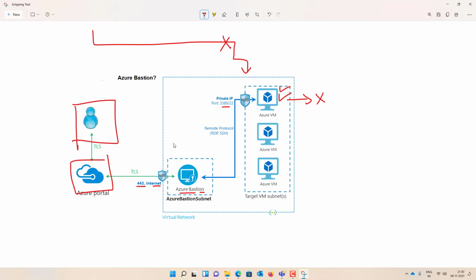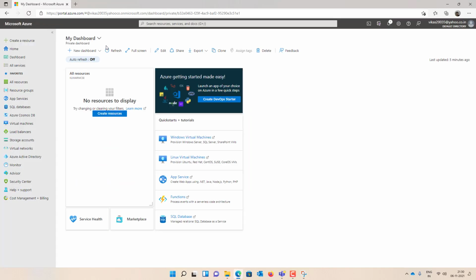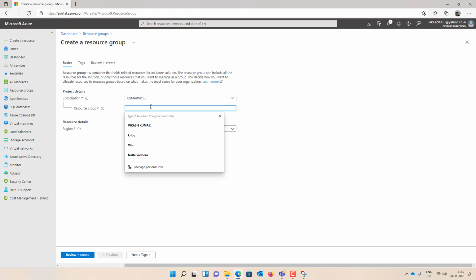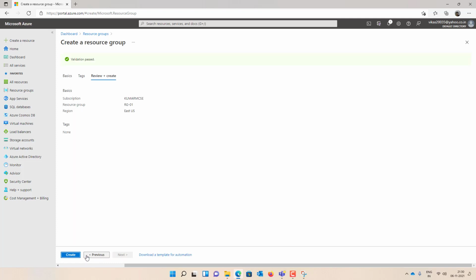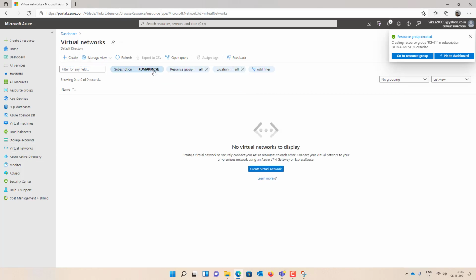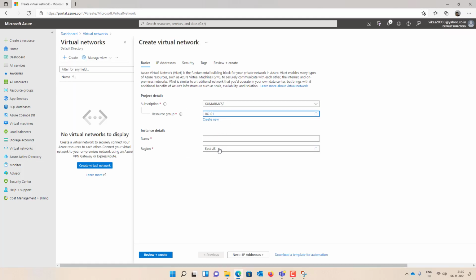Let's do a small demo on Azure Bastion service. So I'm in my Azure subscription. I'll go to the resource group, creating a first resource group. Name is resource group 01. Go to the virtual networks, one virtual network with a single subnet, VNet 01.